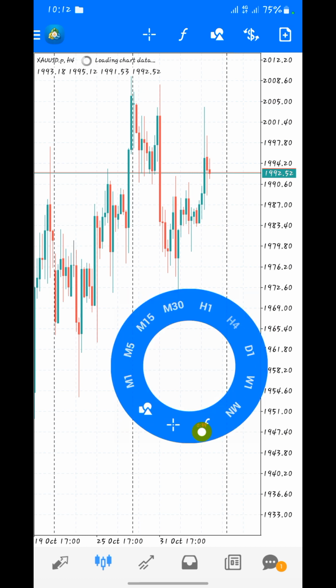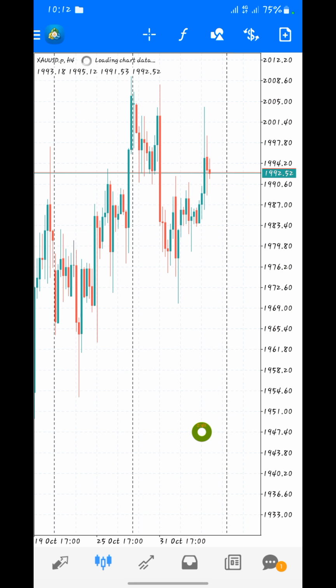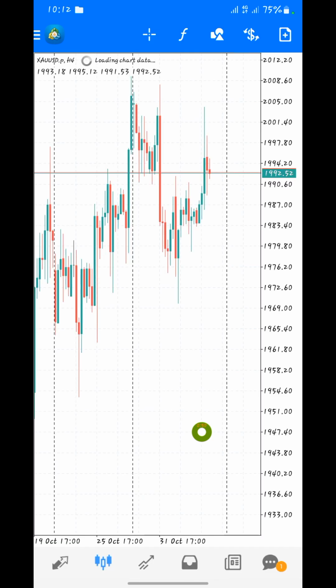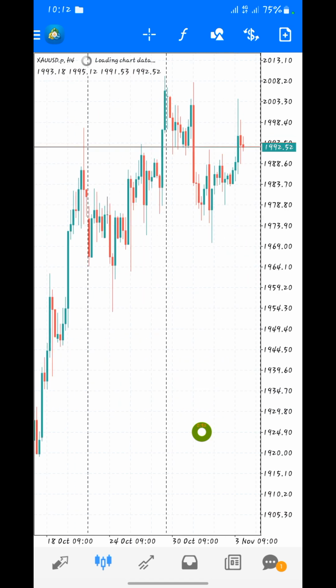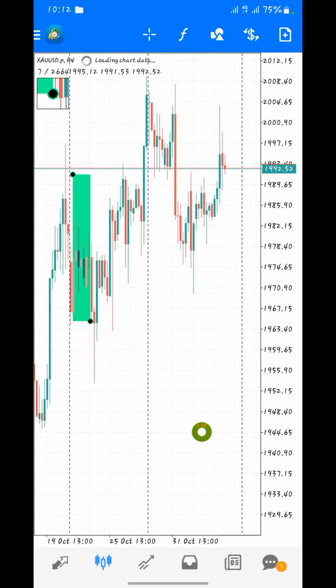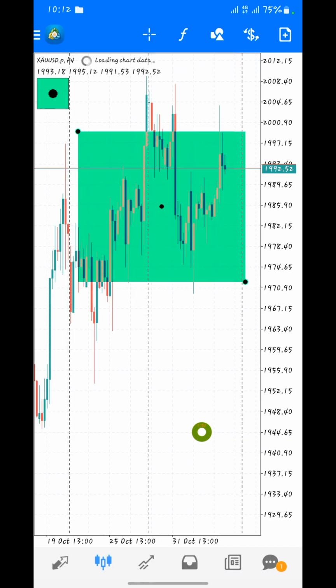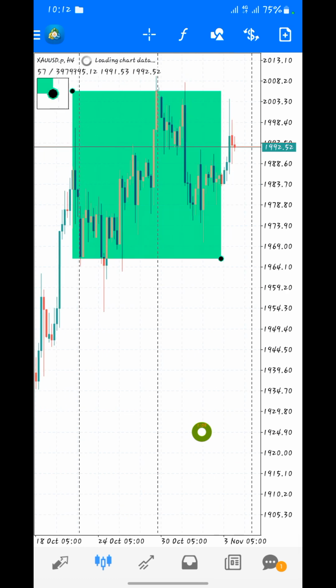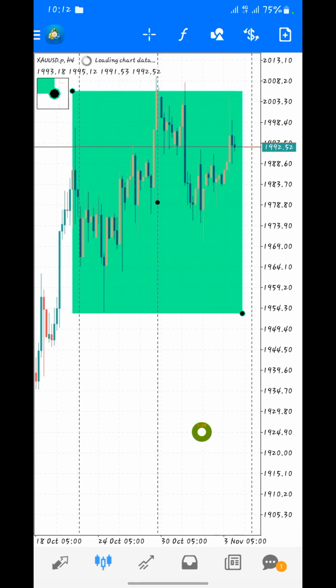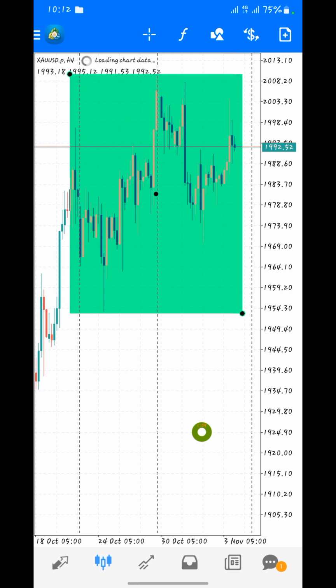For those people who have been on my channel, they know that I trade gold, and so today I want us to do an analysis for gold against the US dollar. As we can see, for quite some time the market has been in this zone. It has been consolidating in this zone for quite some time.